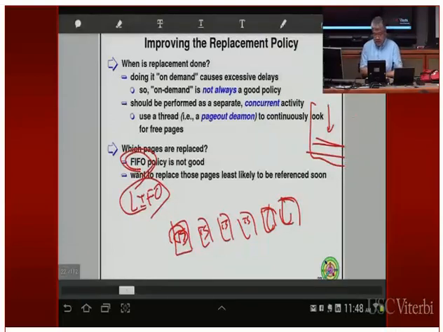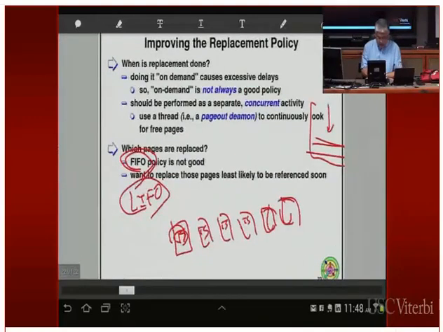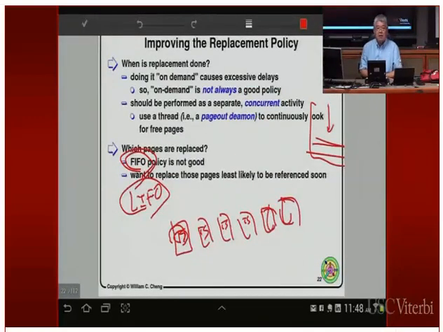Those of you who have taken CS570 know there's another policy called the least recently used policy. If you sort the pages based on the most recently used timestamp, this will be the least recently used, and this is the most recently used. This one is the one I used most recently. Then I look at a page and say, well, this one I haven't used for a very, very long time, so that's the one I'm going to replace.